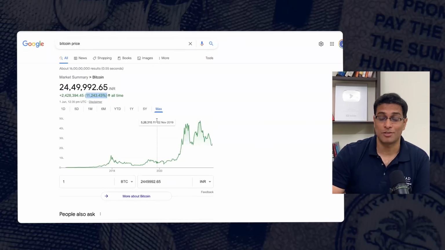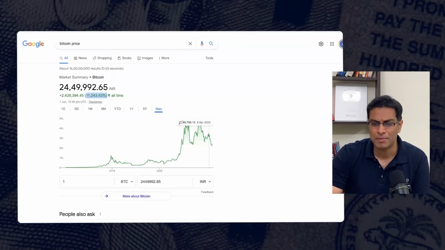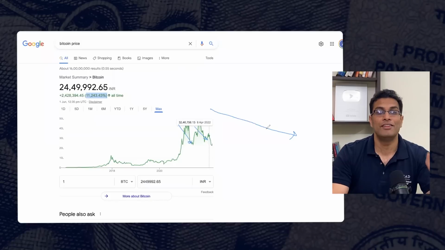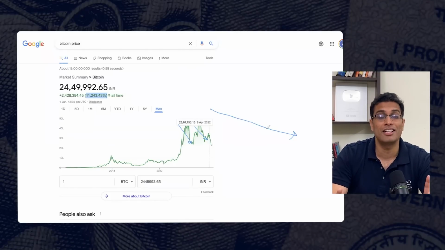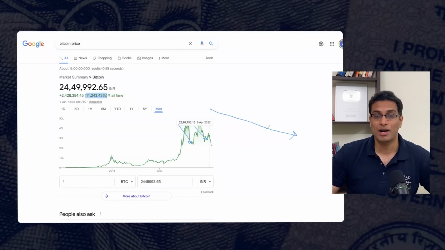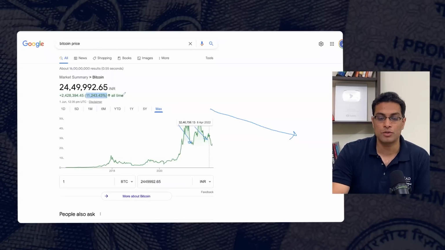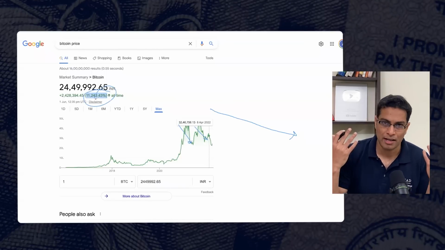Have there been phases when Bitcoin has fallen by 50%, 80%? The answer is yes. Has gold also fallen by 50%, 80%? Yes, the gold has also fallen. I've shown you the last 200-year cycle on gold. Please do not confuse volatility with preservation of wealth. If there is a general decline in something, it is very different from volatility. So when you are considering these asset classes, please consider a slightly longer term view. And this is what the Bitcoin data tells us. Again, stating a fact here.